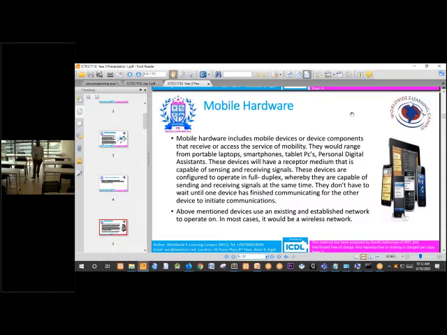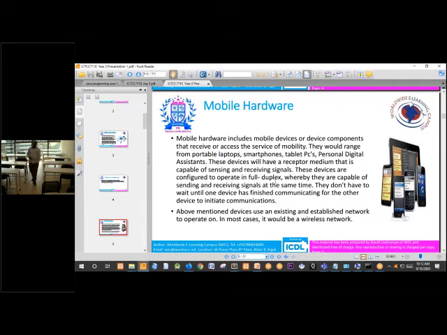So these mobile devices are configured to operate in full duplex. I told you that full duplex is a communication mode where both the sending device and the receiving device can send and receive at the same time. They can talk at the same time. It is possible to have a simultaneous transmission.